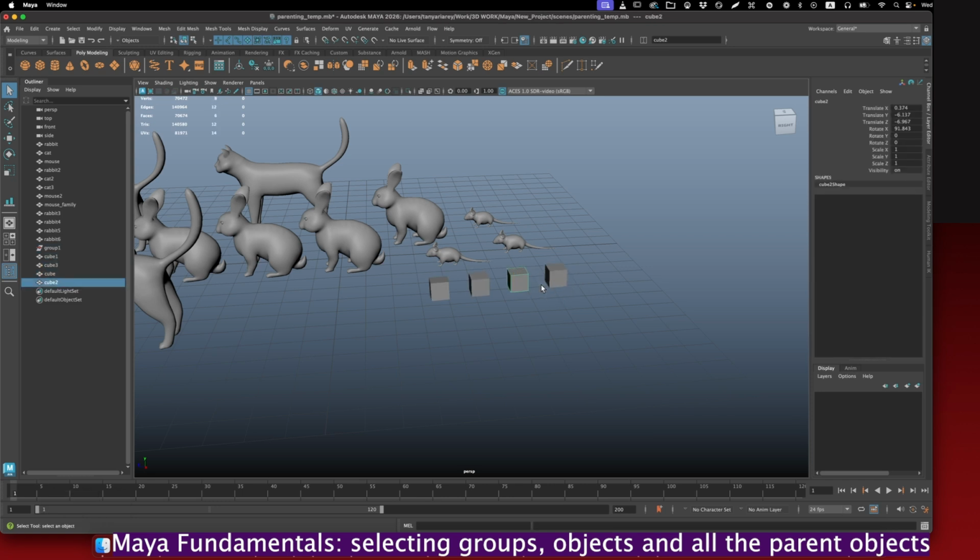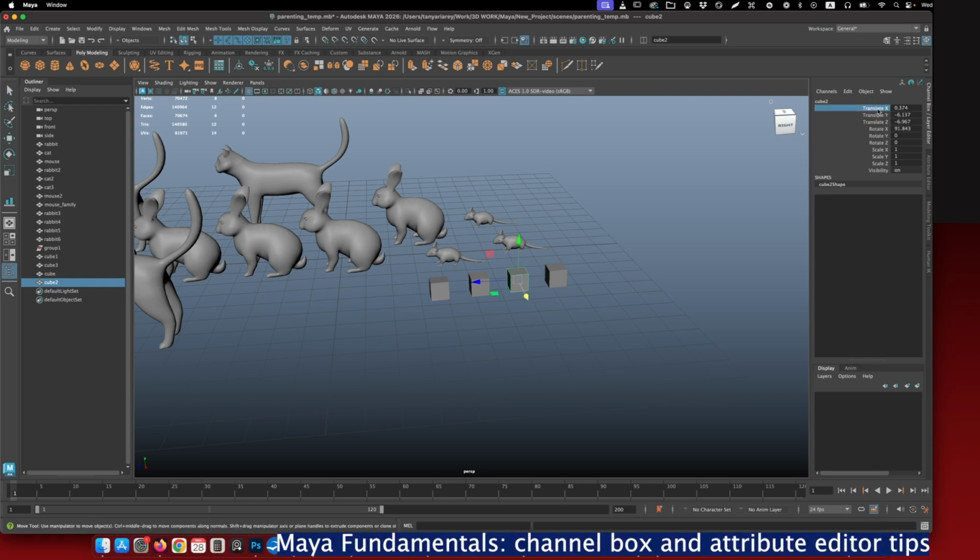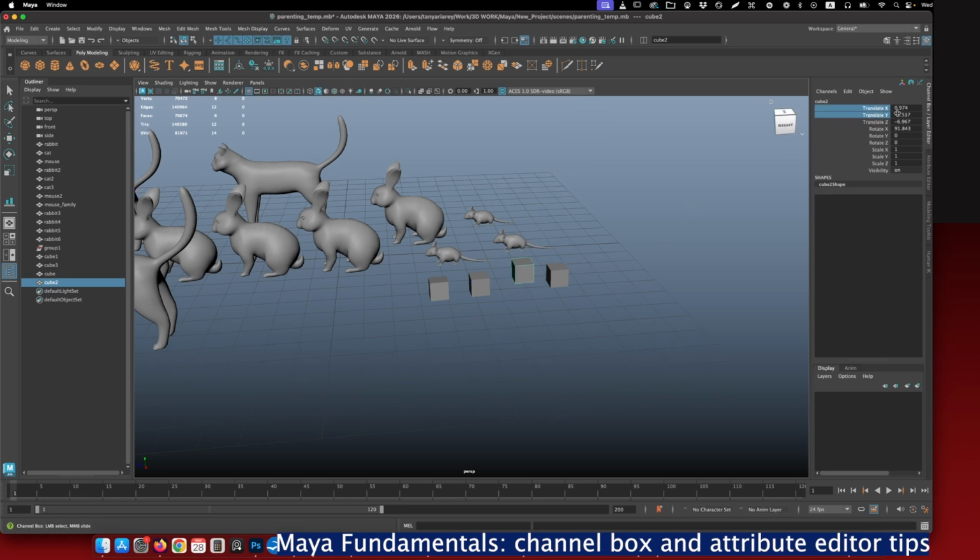And let me show you something else about channel box. If I select one attribute like translate X and want to move it, and then I select another attribute to move it again, the other thing I can do with Shift, I can select multiple attributes and move them across both X and Y axis, for example. And for example, if I want to scale my cube from Outliner, I can select scale X, scale Y, and scale Z, and use middle mouse button and click and drag to change the units across all 3 axes